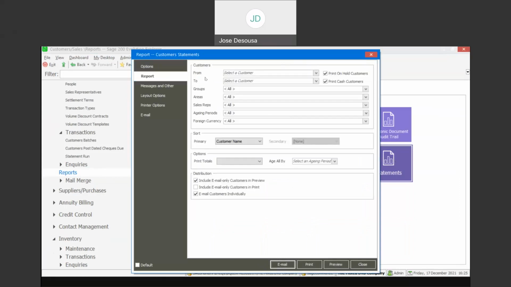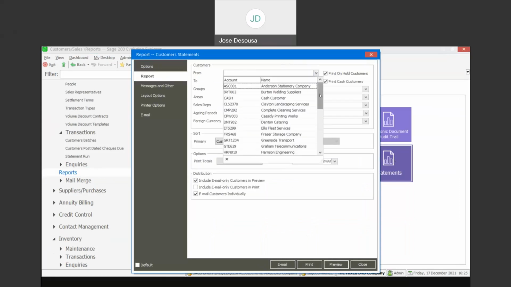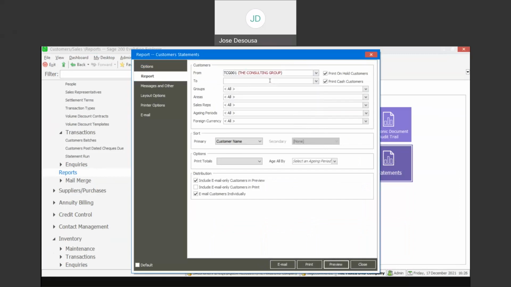If I go to my report filters, you'll notice that the branches or the sub-accounts aren't available for selection on the drop-down, simply because the statement is going to be sent to the main account. So I'm going to specify the main account,